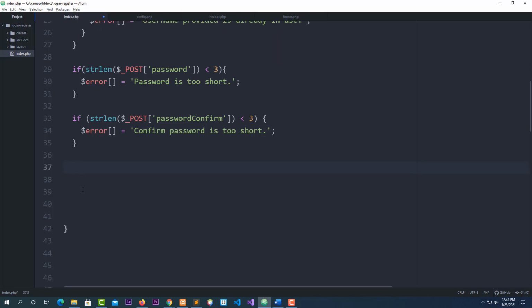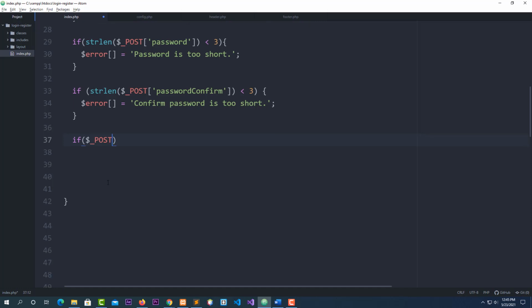Now, what if, let me say if, one more if, post, okay, if the password is not matched with the password confirm, like you enter your password and then they ask you to confirm the password, enter twice, the second time. Now if they are not the same, this is what I'm doing right now. If post, okay, if post, bracket single quote,